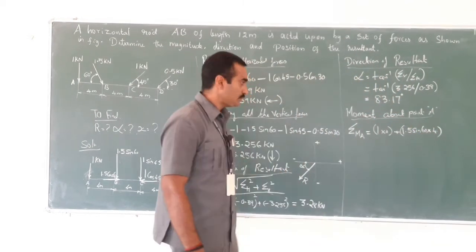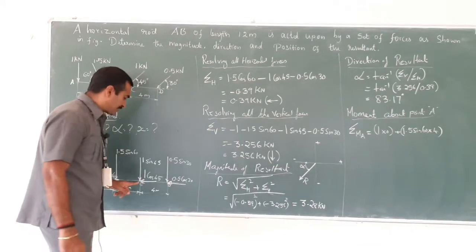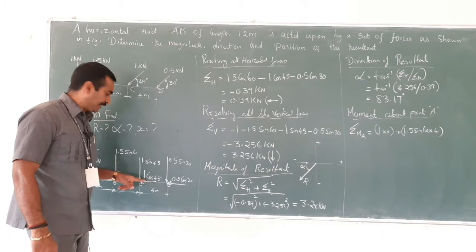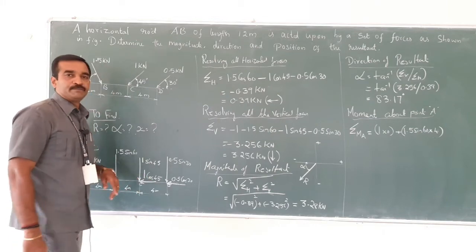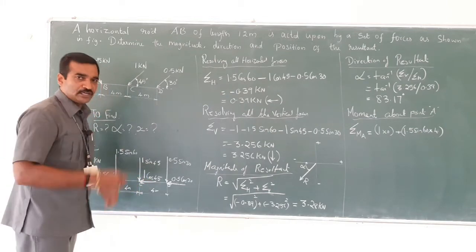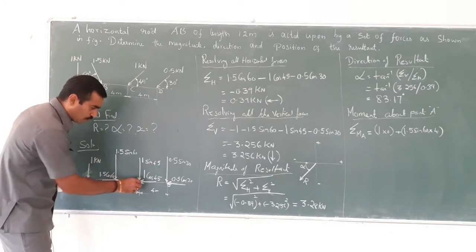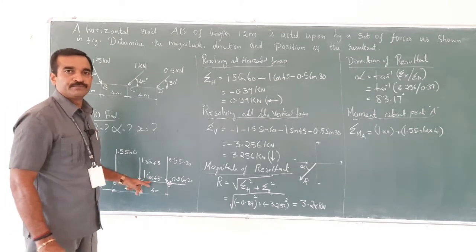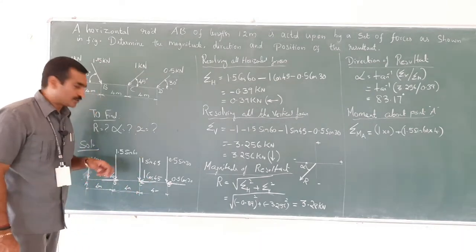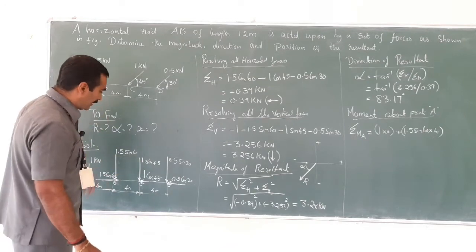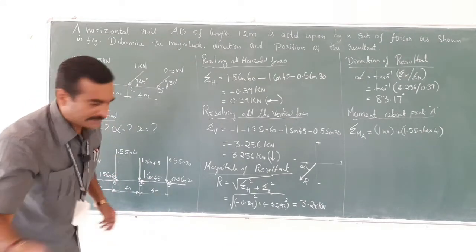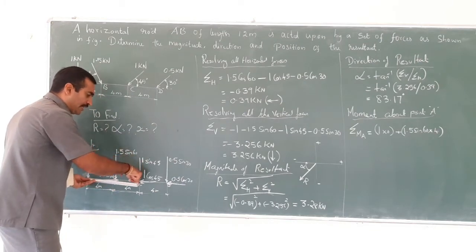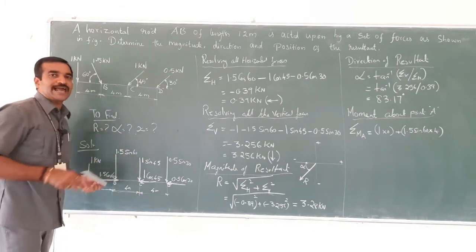Got it? Right. Next, let me move to point C, where a horizontal force is acting with magnitude 1 cos 45. Does it have any perpendicular distance from the origin? No, it doesn't, so that becomes 0. Let me now consider the vertical force 1 sine 45, which is acting vertically downwards from the origin. The moment will have a tendency to rotate the rod in the clockwise direction.